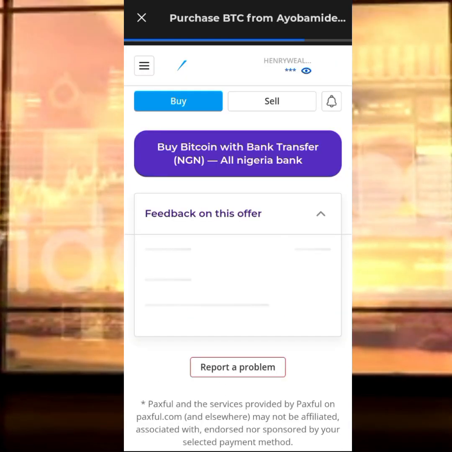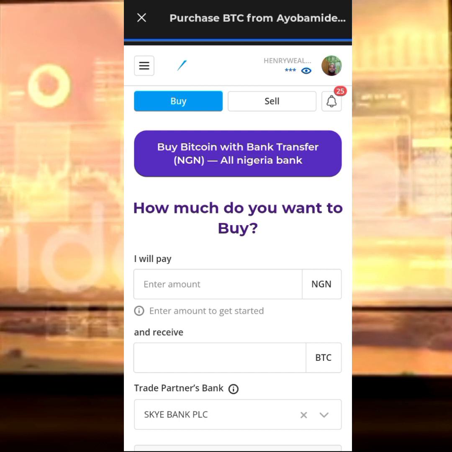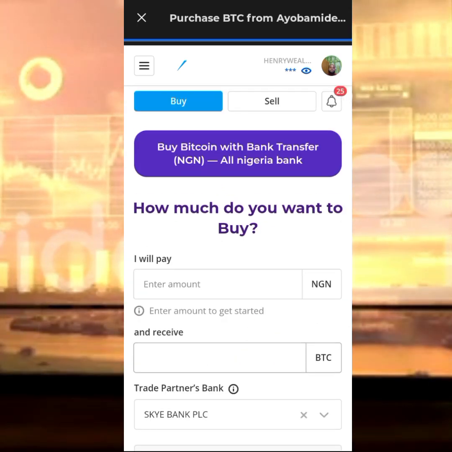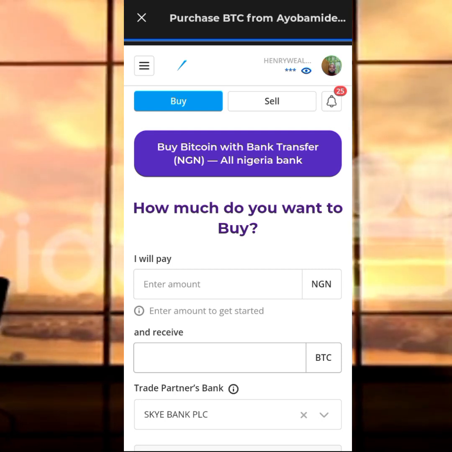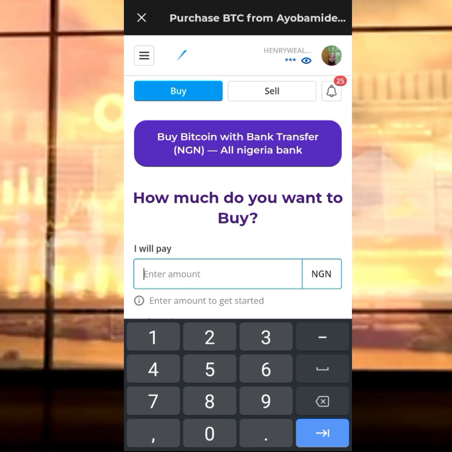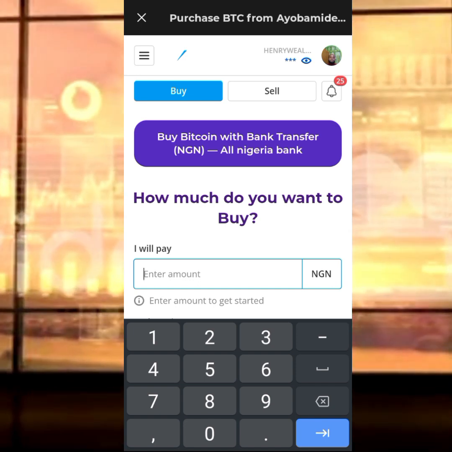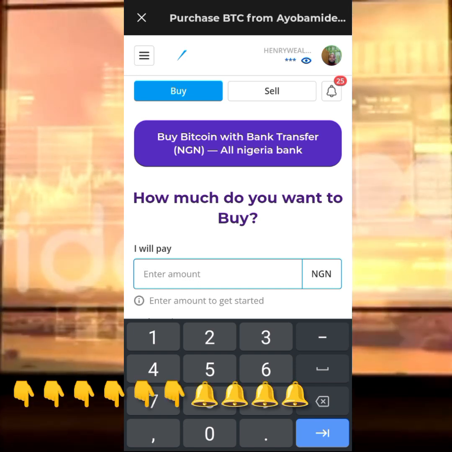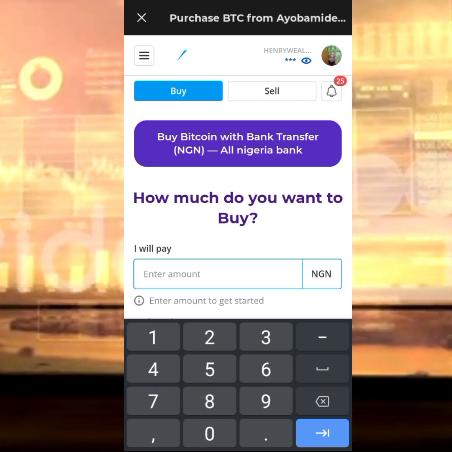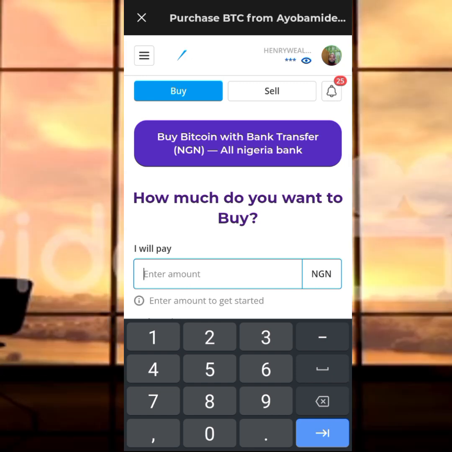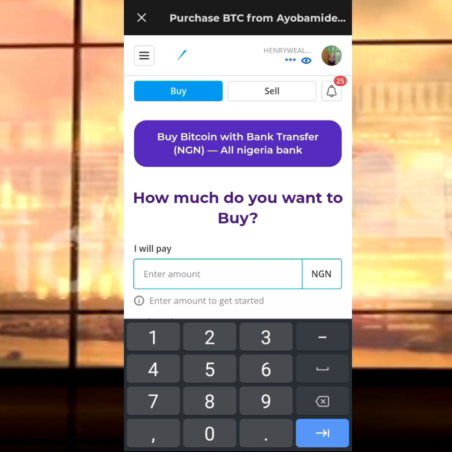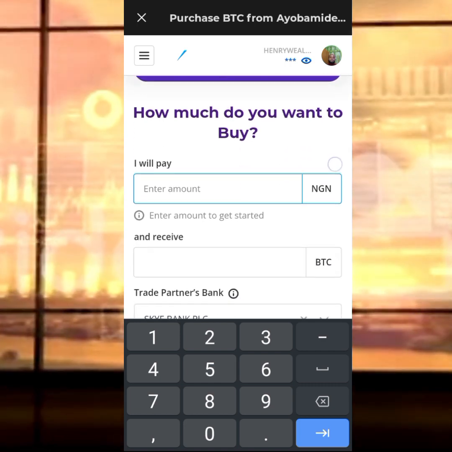Now it's loading up. Once I want to buy from him, I will just come here. This is the bank I want to transfer, and you guys know about this already. Let me assume you know how it's done. If you don't know how to buy these things, bitcoins and all the rest, to trade profitably on Paxful, then check the description below of this video. You can equally leave a comment, but I advise you to join the Telegram community as well, to chat to me directly. I will also give you attention on whatever you want me to clarify.